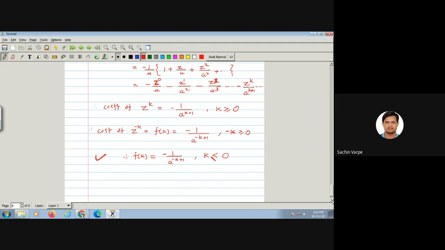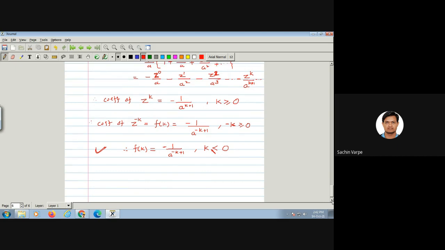अभी आप दूसरे केस के लिए चेक करो एक बार, mod z greater than mod a के लिए चेक करो and tell me the final answer। Everyone do that and write your answer in chat box, and by the time you can ask your doubts। अगर किसी को अभी भी डाउट है तो प्लीज पूछ लो। For mod z greater than mod a,